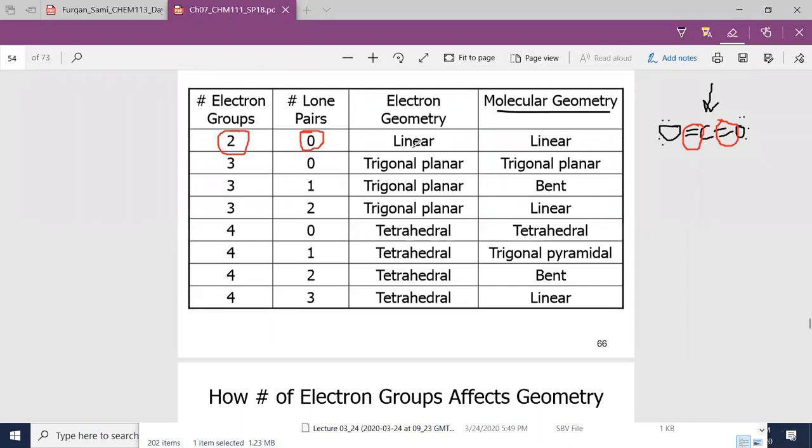Okay. So now what we see is the electron geometry is going to be linear, and molecular geometry is also going to be linear. Why? Because when there is no lone pair on the central atom, then electron geometry is actually the molecular geometry as well. You see 2 solid things here, right? In the 2 bonds here. So trigonal planar. So if we talk about another molecule, which is